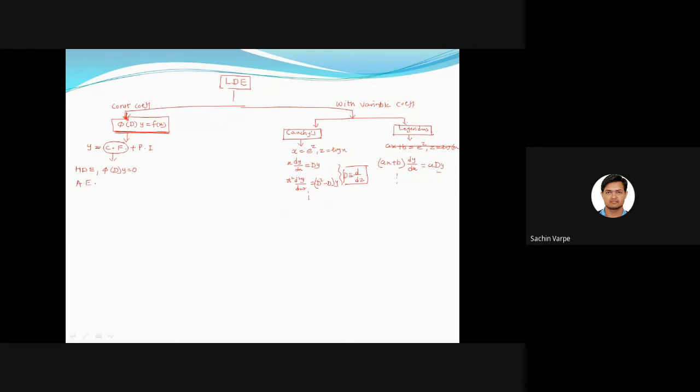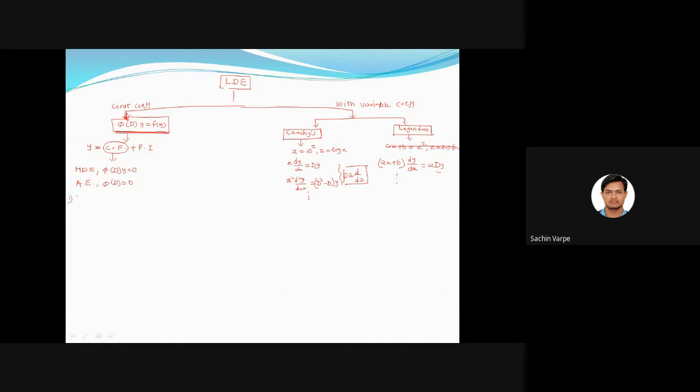See, each and every term I am discussing again because those terminologies are very important, such as the homogeneous differential equation or the auxiliary equation. So what is the auxiliary equation here? Phi of D equal to 0. We solve this auxiliary equation and we get the values of D, and based on the nature of values of D, we have the complementary function formula. So there are four natures we have discussed mainly.